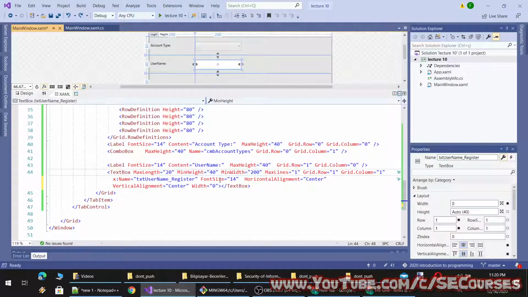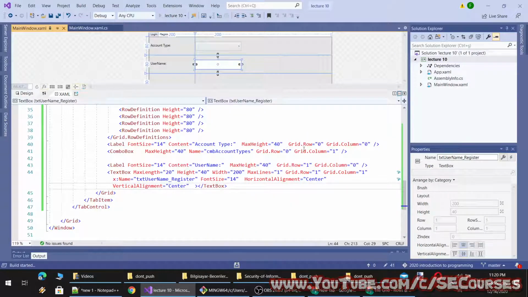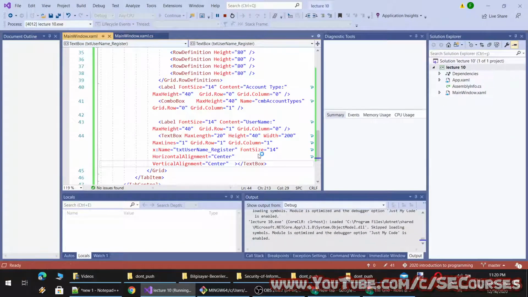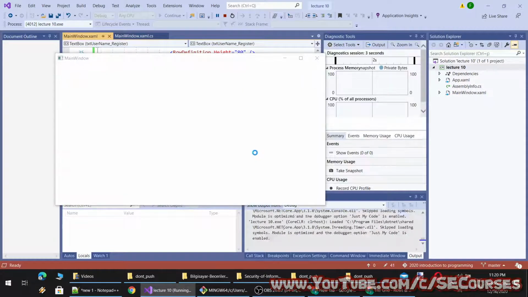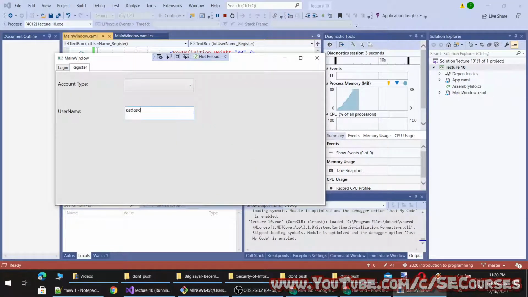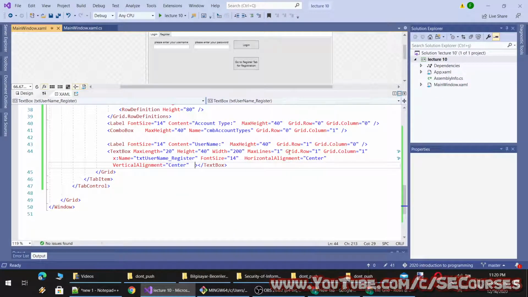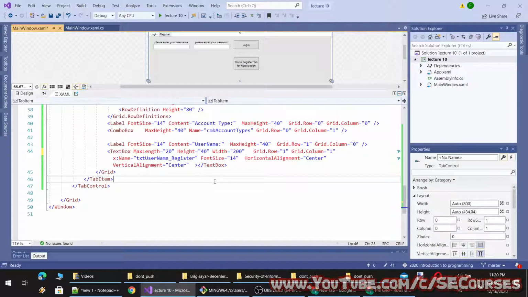Let's remove the min keyword and make it a certain width and height. Maybe it is because of min max lines and min lines. I will check that as well. Still not working as expected. Let's remove max lines and try this way.